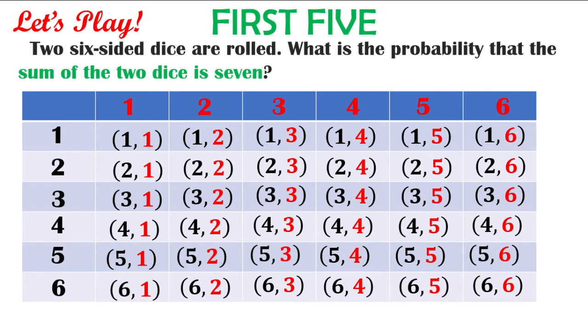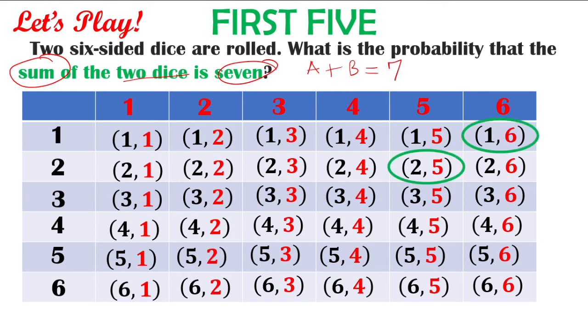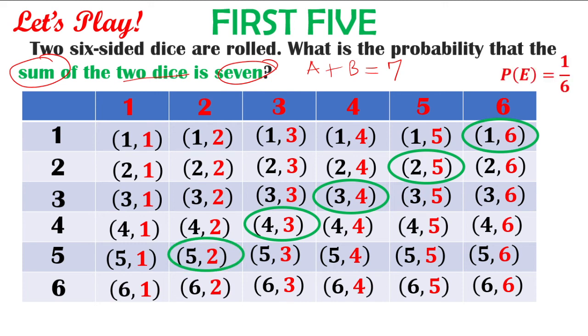Okay? Now, next. What if naman, 6-sided dice pa rin tayo, dalawa, probability that the sum of the 2 dice is 7. So, first die plus second die, dapat, pag pinag-add mo yan, 7 daw. Okay? Nasaan yung mga outcomes natin dyan? Meron tayong 1 and 6. 1 plus 6 is 7. 2 plus 5, 7. 3 plus 4, 7. 4 plus 3, 7. 5 plus 2, 7. 6 plus 1, same na to. 6 plus 1 and 1 plus 6. Okay? So, the probability of the event is,